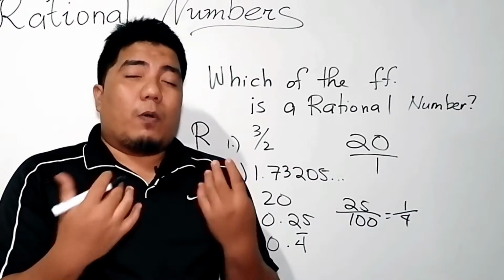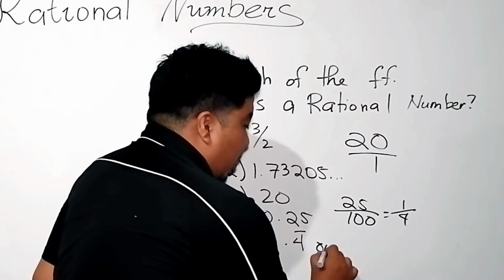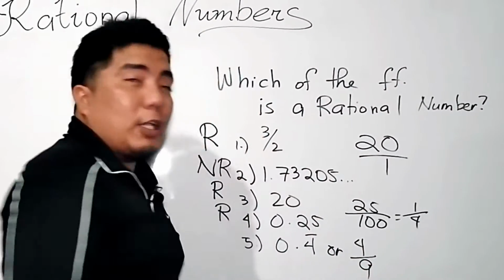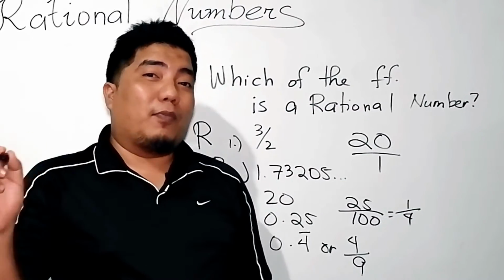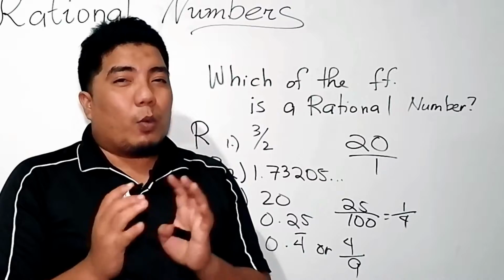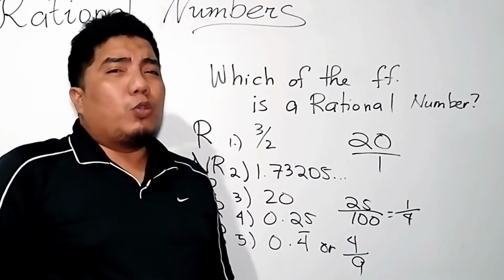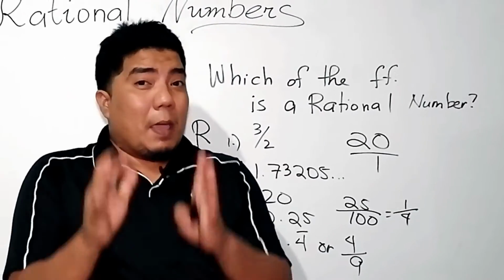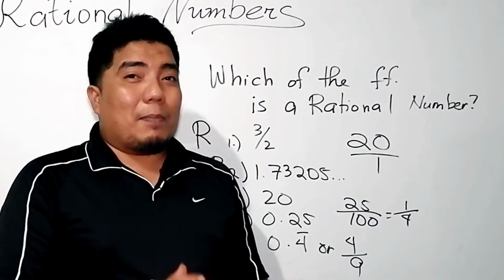Technically, 0.4444 can be converted into 4 over 9, because 4 divided by 9, you will get 0.444444. And that is a fraction. Because of that, we can say that this is a rational number. Now, do not worry about how to convert this one, because the next part of our discussion is all about